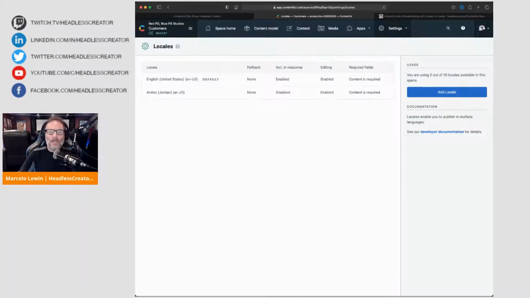Why not? Let's create a Klingon locale because we all want to, or, because tomorrow is Thanksgiving here in the United States, maybe we'll create a Turkey locale. And I don't mean Turkey as the country, but Turkey as the language. And of course, the translation for everything that we type in is going to be gobble gobble, of course. All right, so let me go ahead and share my screen with the